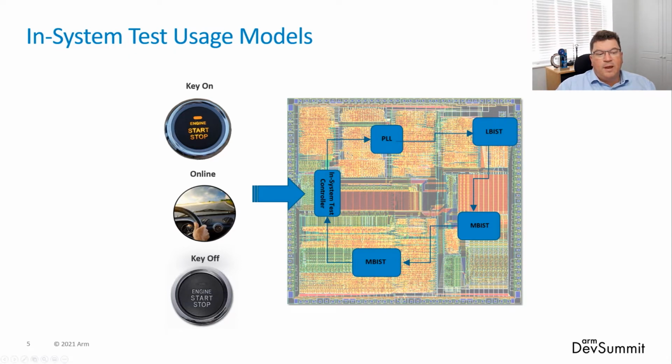Then we have key off test. Here we effectively have an unlimited amount of time to run the tests. So typically with a key off test, you tend to see a more thorough, more detailed set of tests being run. So for example, with memory BIST, you may see a more detailed algorithm being run. In logic test, you may see an extensive set of patterns being run to reach that extremely high additional test coverage. And then we have online tests, which is probably the hardest scenario to manage, because the requirement here